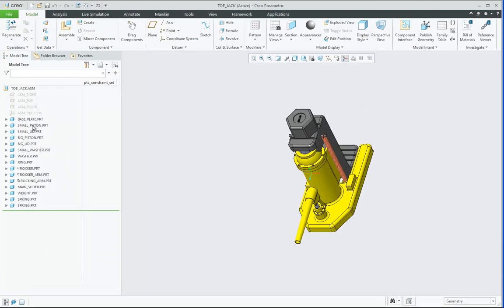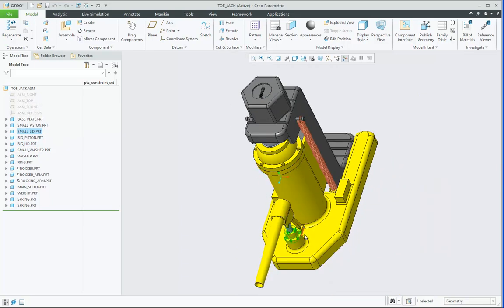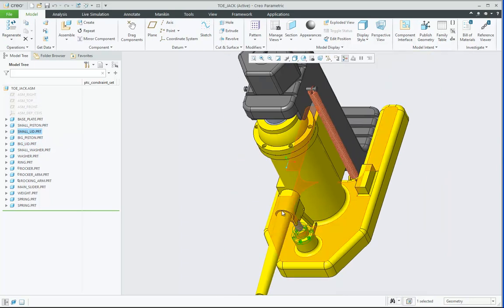and you can see that, for example, now I need to place the other bolts in this big lead part, then the small lead part, as well as in the rocker and base plate.